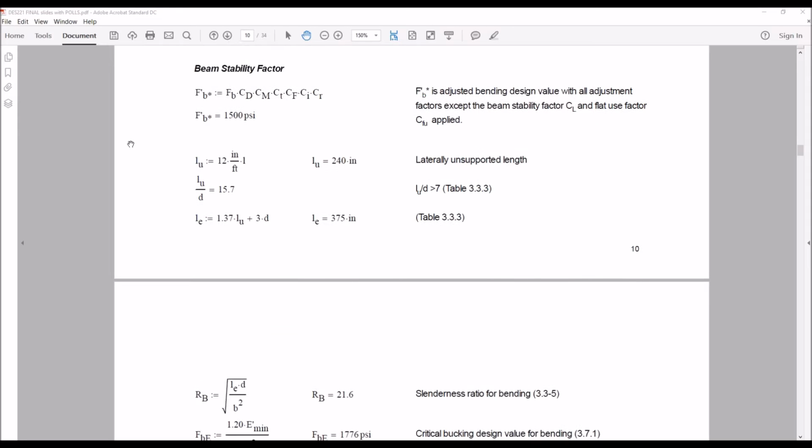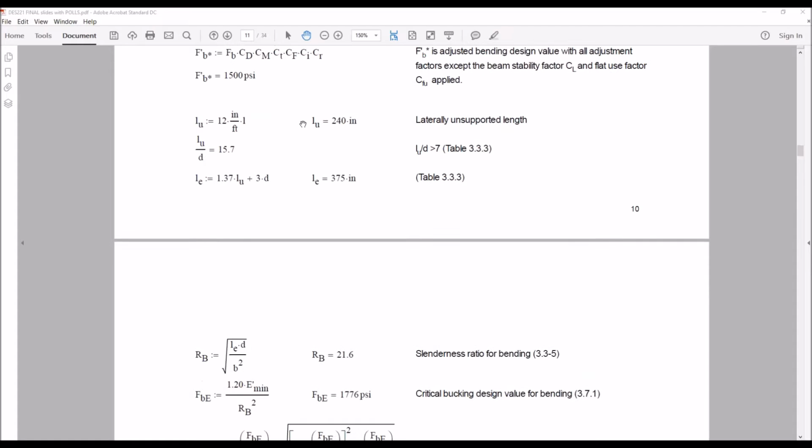So to calculate the beam stability factor, first we need to calculate F sub B star, and that's the adjusted bending design value with all of your adjustment factors except for the beam stability factor and the flat use factor. So F sub B star is the unadjusted reference design value, our F sub B, multiplied by our load duration factor, our wet service factor, temperature factor, size factor, incising factor, and our repetitive member factor. We get our F sub B star value, and then to figure out the C sub L, we need to